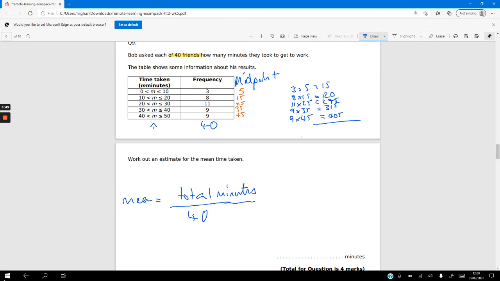And I get 1,130. So my calculation for the mean is 1,130 divided by 40. And that'll give me 28.25 minutes. Okay. Now it can be worth, and this is what I'm going to do now, just double checking